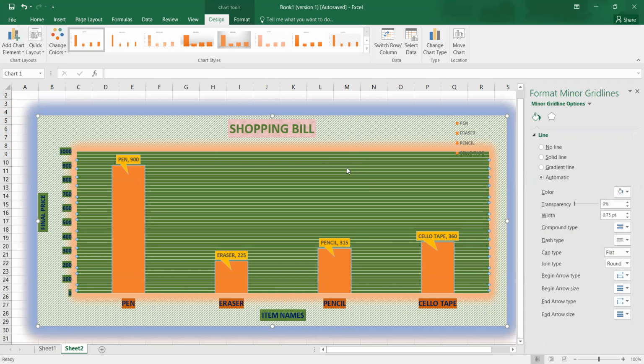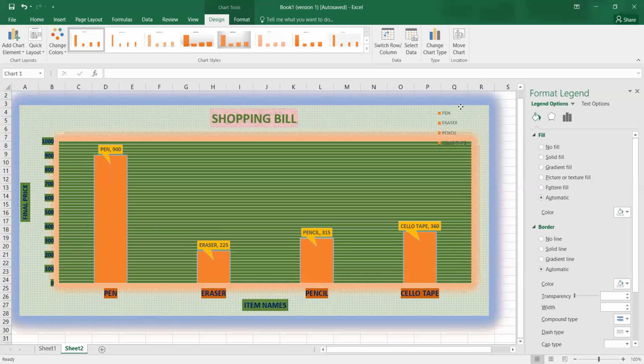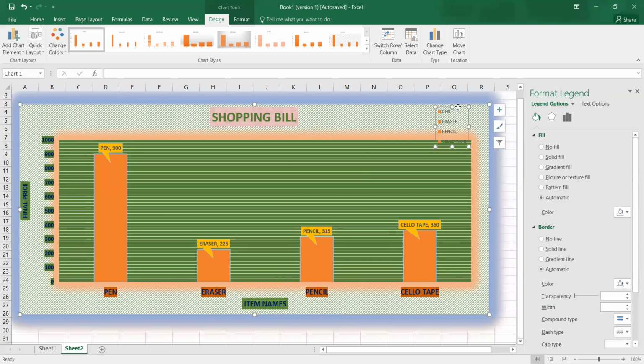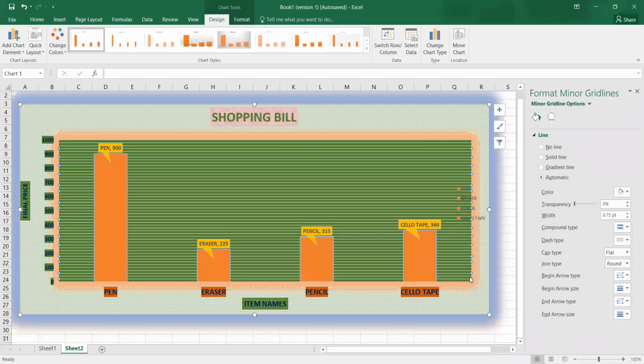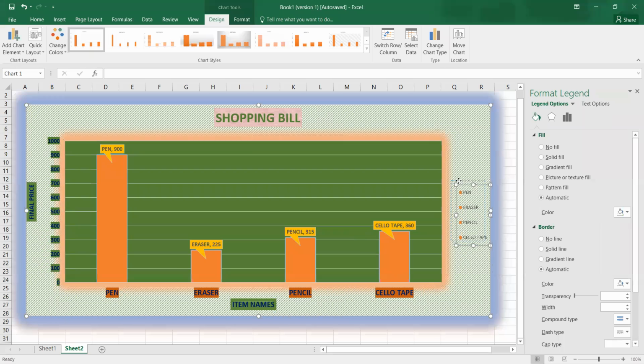This is the plot area and these are the legends. This way you can keep it here and then you can format it again. So I have minimized little a plot area so that the legends can be seen properly. So these are the legends.